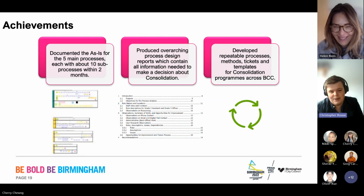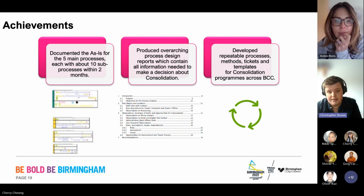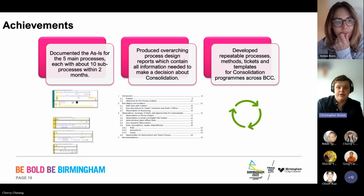Sorry, yeah, the main output is that we set out to document these as-is processes and structures for the 5 main processes within client financial services. And we basically achieved that. We've got some process design reports written up. They need some amendments, they need some areas fleshed out, but we basically got really good foundations for